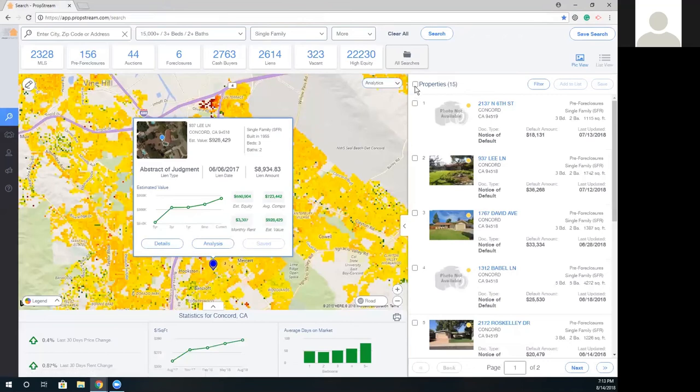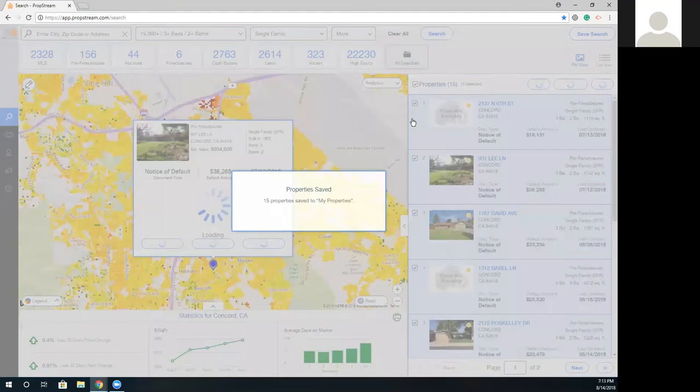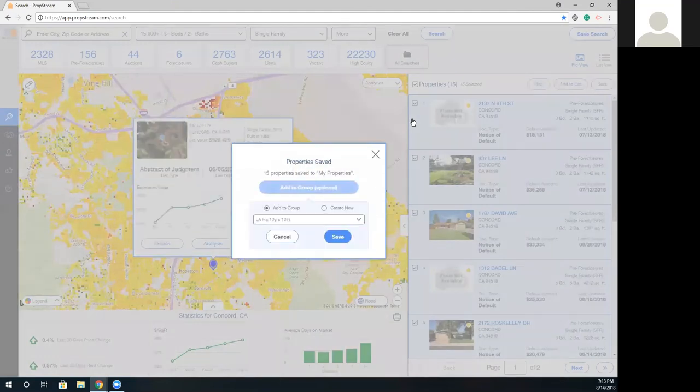But ultimately, you're going to want to save them if they're the ones that you're interested in. So you can select them all, or you can save them individually. So I'm going to go ahead and select all of these, and I'm going to call them my Concord pre-foreclosures. So let's call these guys that.